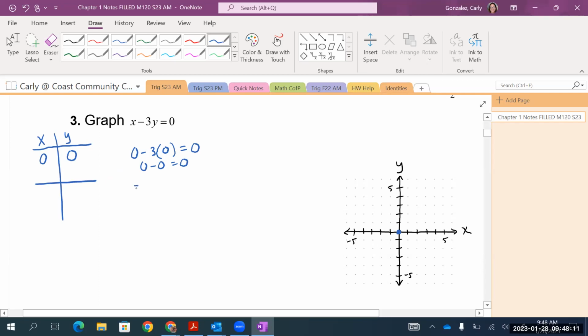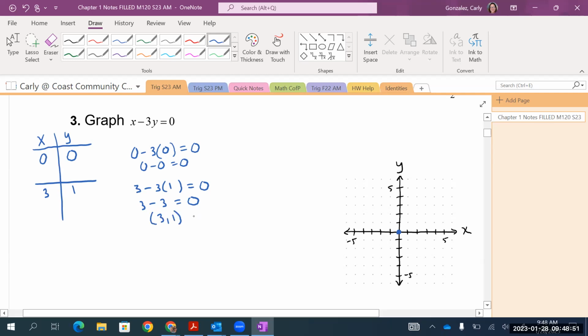What if we have x is 3, then what does y need to be so that this ends up being 3 minus 3? Well, what do we need to put in for y to get this second term here to be a 3? And that's going to be a 1. So when x is 3 and y is 1, let's check it out. 3 minus 3 times 1 is 3, and that does in fact equal 0. So when I plot the point 3, 1,